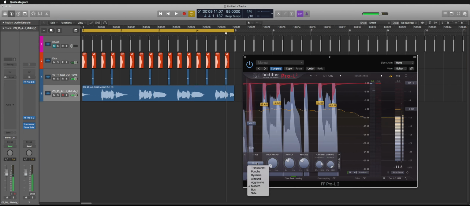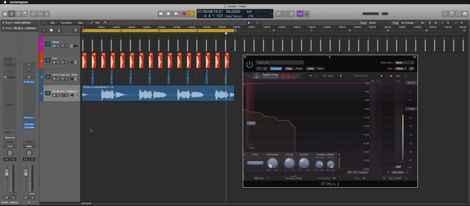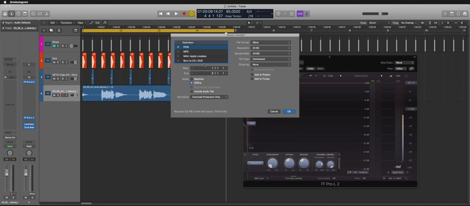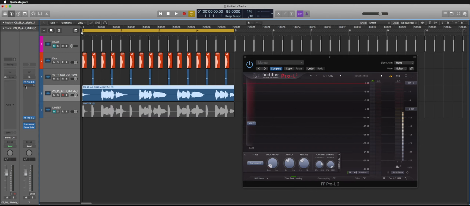So let me just set it to transparent, and these were the default settings. I didn't touch these, and let me just export this real quick. Okay, so now we have this one in the project right now, and what I'm going to do is I'm going to remove